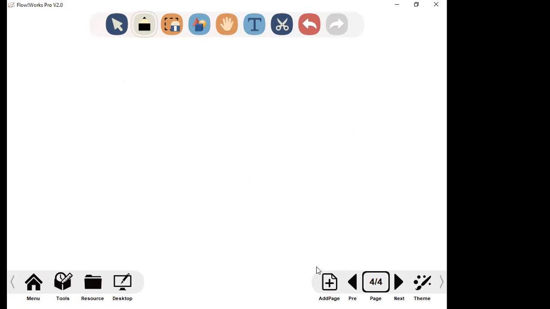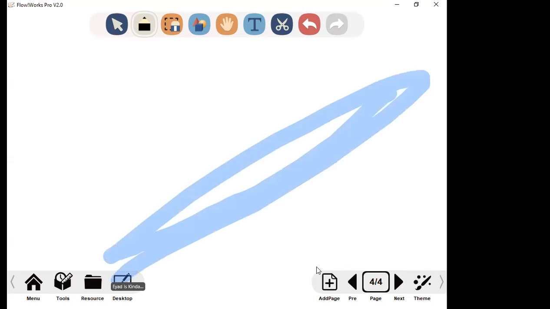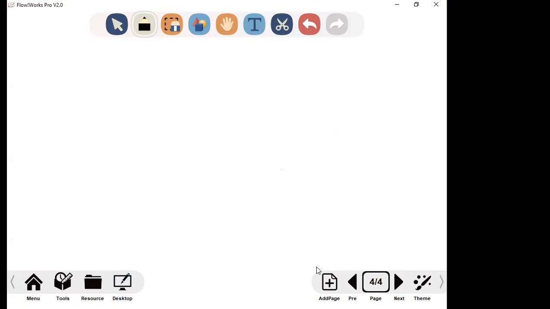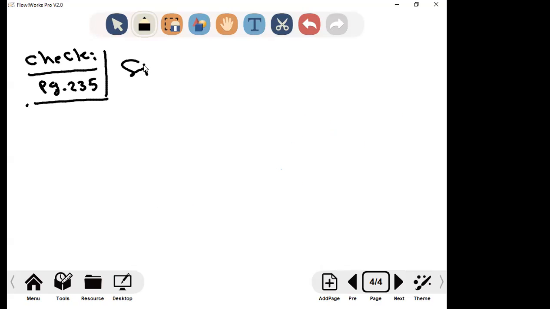Let's do the check. In your book, a lot of boxes here, right? Do as I tell you, okay? Let's do the check. In the check, we need to simplify. See the check? After example 2, page 235, simplify